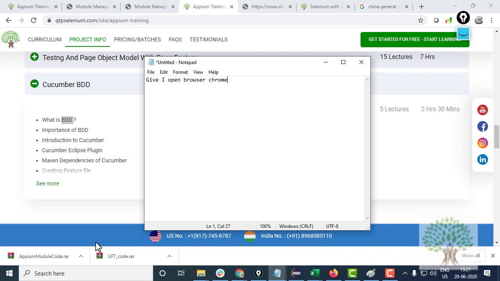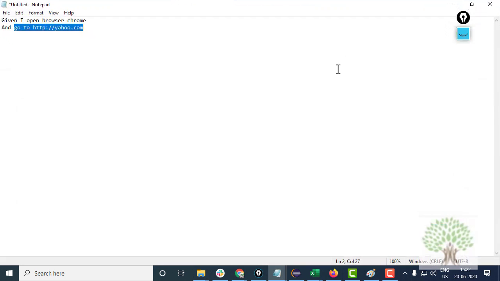In this text file, I will write a few lines of plain English. Then I go to yahoo.com. So our code will read these lines and will act accordingly. It looks very fancy, that's fine. I just have to write plain English, when I click on news link, something like this.